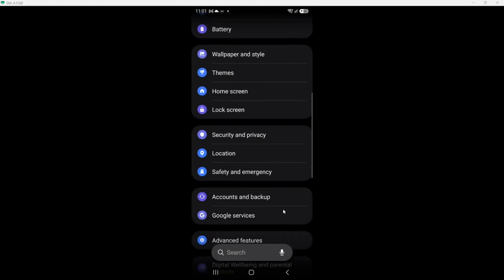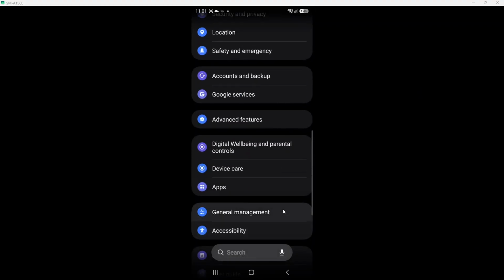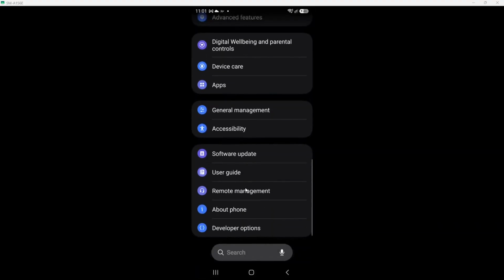This menu contains a wide range of options that control how your device operates. Understanding where to find information about your phone number is crucial as it helps you manage your identity on your device. Once you have the settings menu open, you will see various categories listed which will guide you through this process. Next, you will need to navigate to the section labeled About Phone.